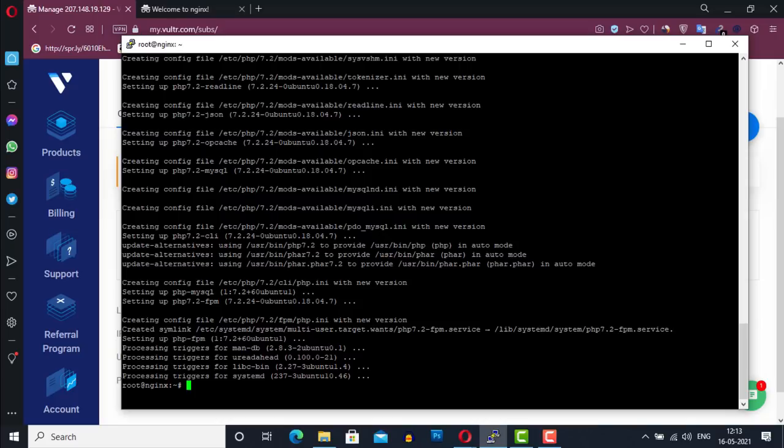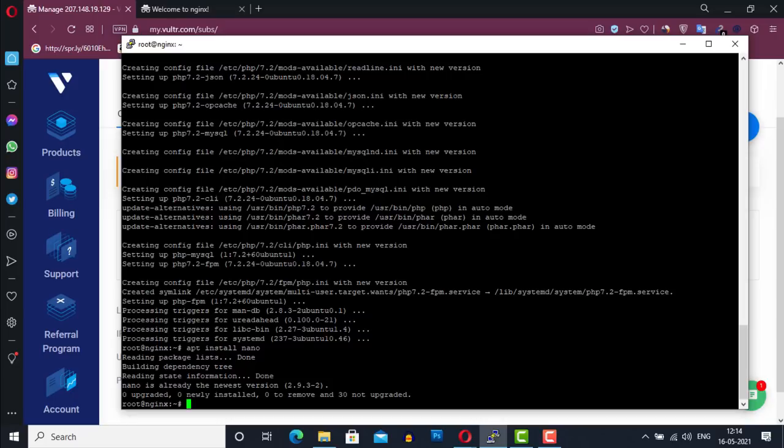To open this file, we will use the Nano file editor. Sometimes this file editor comes with the default Ubuntu installation, but if you don't have it in your server, just type the apt install nano command. Now we have Nano installed on our machine. To open the block configuration file, type this command